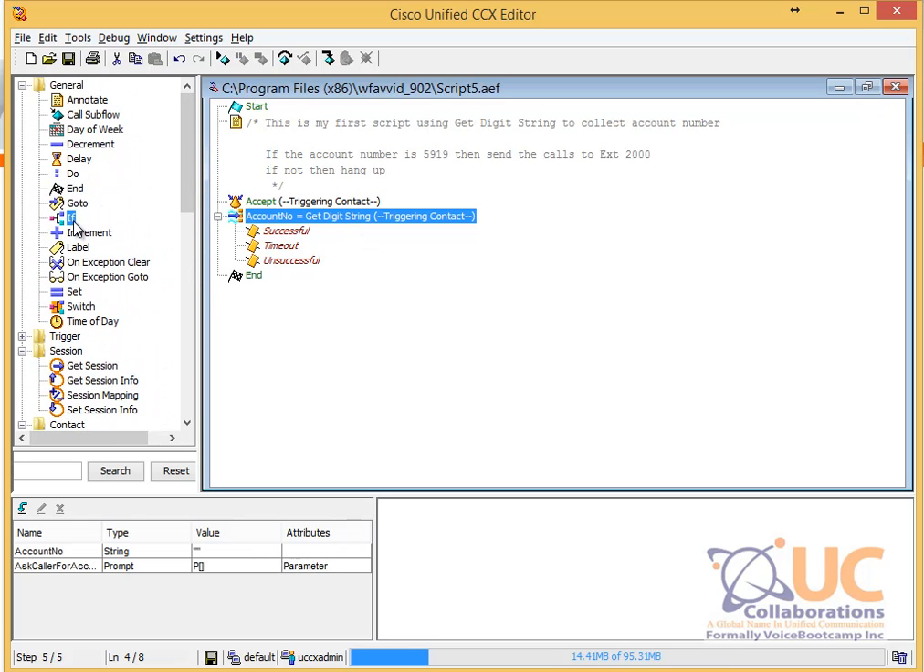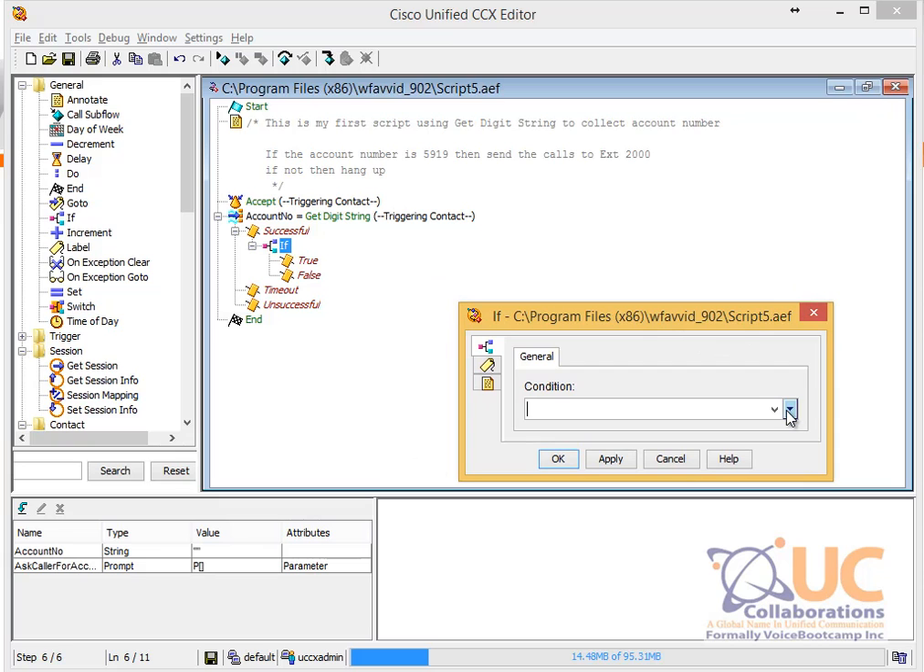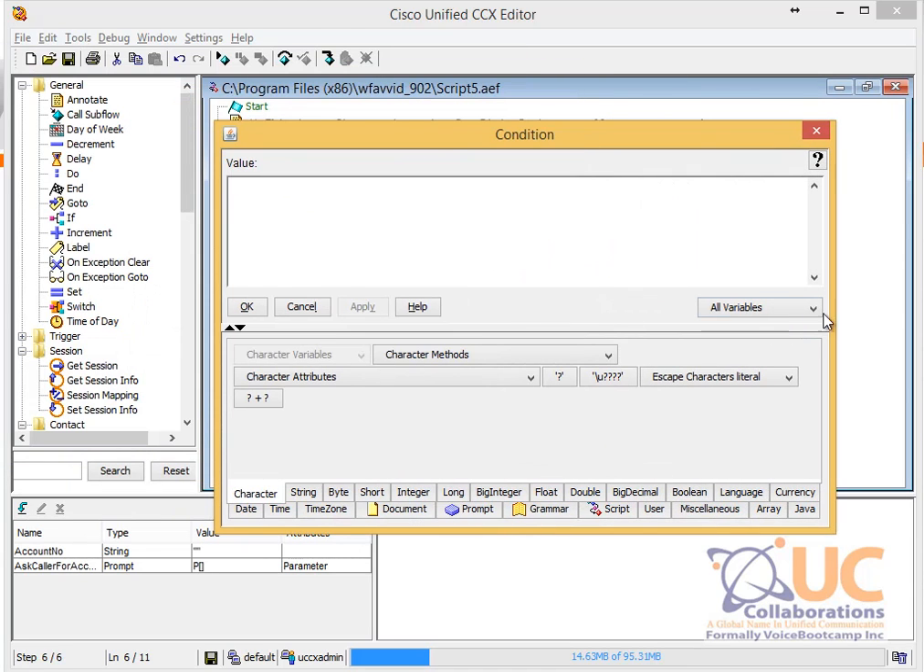If, right after, if it is successful, take steps. I'm going to say if it successfully collects, make a true statement where, if the variable account number is equal to 5919,